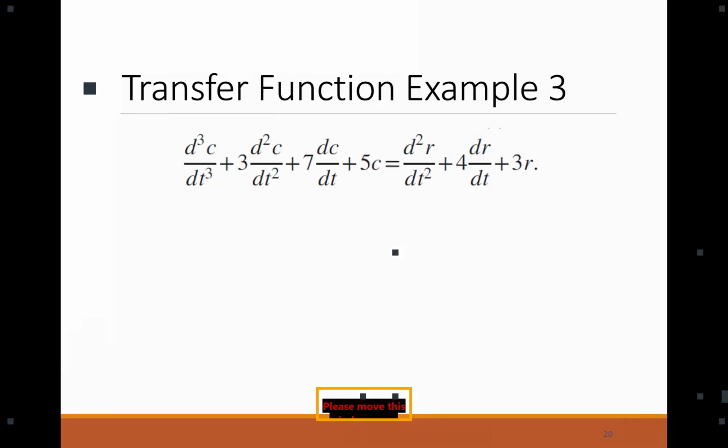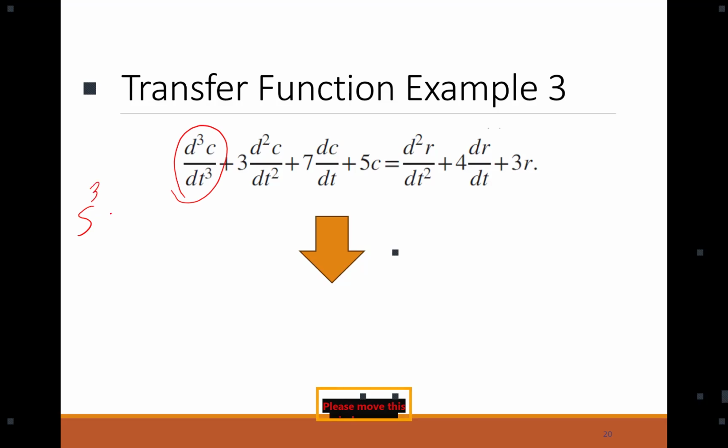Now, let's go a little bit more complicated. Here we have a second order differential equation. How can we find the transfer function of such a system? We already know that when we have a higher order differential, the Laplace transform of that would be, you remember,